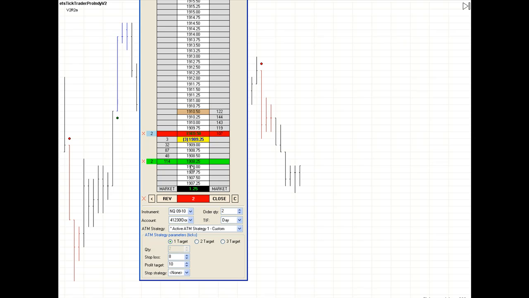So we're at 1908. It hit 1908 and a quarter. I moved it up. We just got stopped out with a profit. Nothing wrong with that. And that's something a lot of guys do too with my system, is they'll use Pro Indicator on a longer term tick chart and just run a